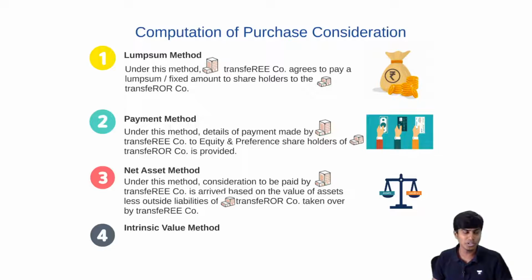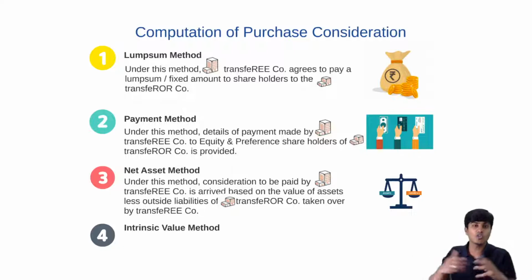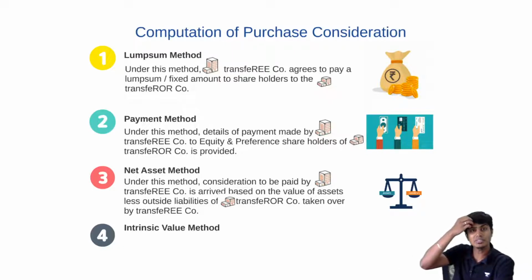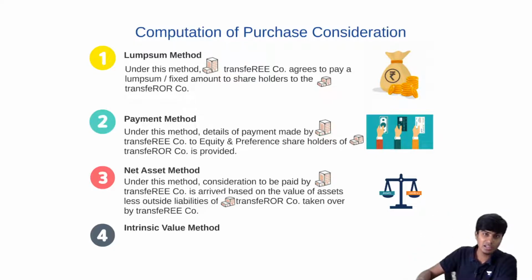In fact, I had a student whom I had taught 2.5 years ago, a student of mine for foundation as well as inter. When she cleared her inter, she texted me asking, "Sir, I'm joining GT, but the vacancy is there only in M&A. Can I take it up, specializing right in the beginning? Is it a good choice?" I was so surprised. People post qualification think that they don't want to specialize immediately. They want to be a jack of all rather than master of one. But in modern times, specialization is growing so big that you're getting to specialize not only in tax or audit, but in M&A during your articleship. So 3 years of M&A